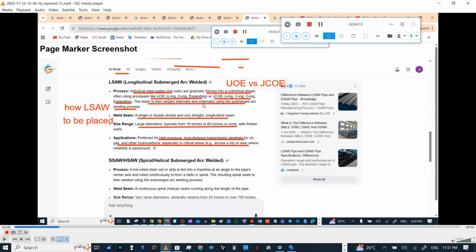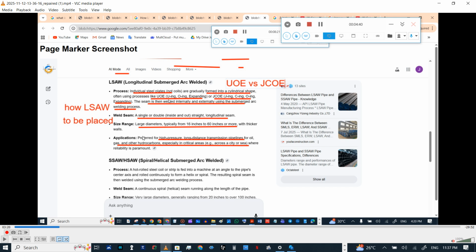It is then welded internally and externally using the submerged arc welding process, and the weld seam will be a single or double straight longitudinal seam. The size range will be large diameters, typically from 16 inches to 60 inches